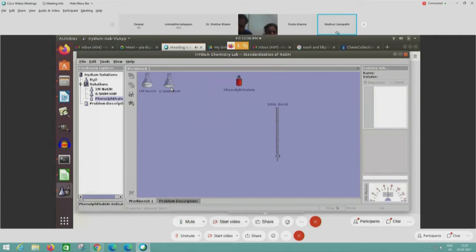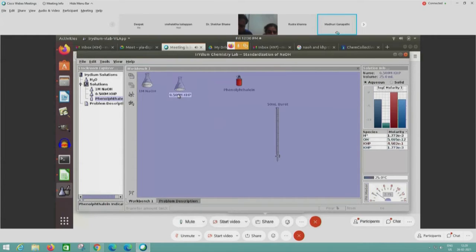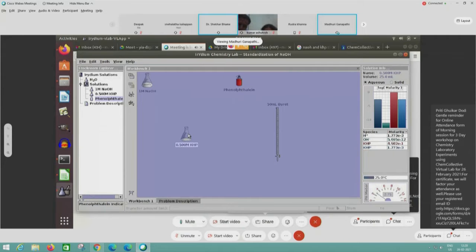When we click on the 0.5 M potassium hydrogen phthalate, the solution info panel says 25 ml. So the same flask I'm going to use for titration, and I will not pour this into anything else. I'll take this directly and start the titration.